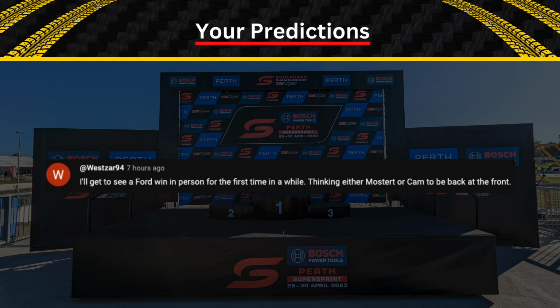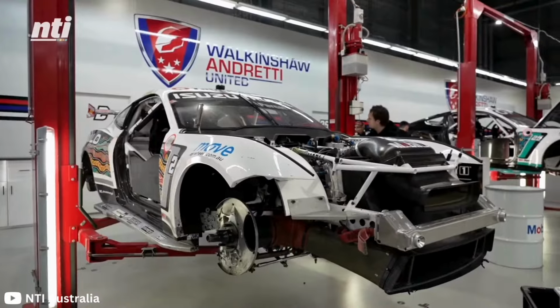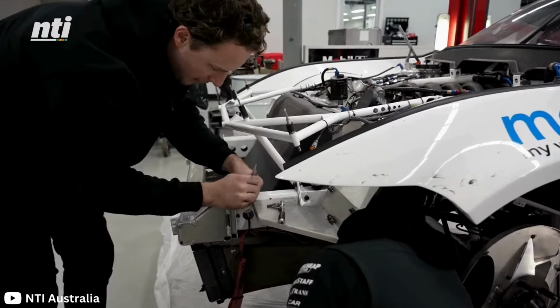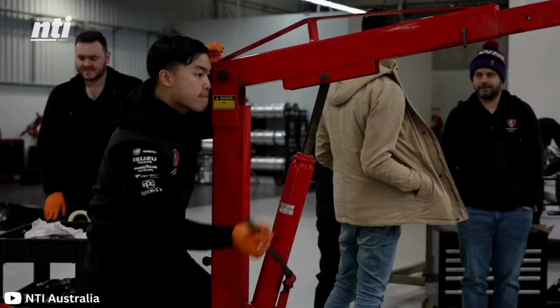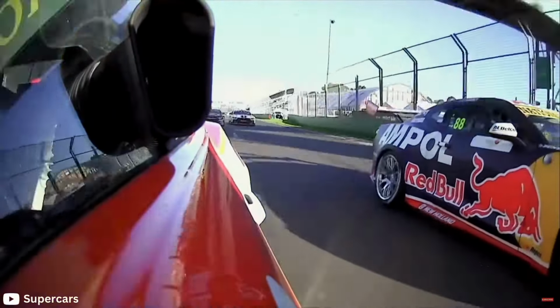Second prediction here from Wesser94, predicting that he'll get to see a Ford win in person for the first time in a while. It has been a while around Perth, actually, thinking either Moster or Cam to be back at the front. On the same wavelength, I think with Cameron Waters, Moster, again, just not sure. I feel like Perth hasn't been his happiest hunting ground in recent years. And again, a question mark over the ability for the team to deliver here as well. But yeah, I think a Ford victory would be welcomed after some fairly strong Camaro dominance so far in 2024, though it must be said that they've really capitalized on some unfortunate incidents for their rivals on both sides of